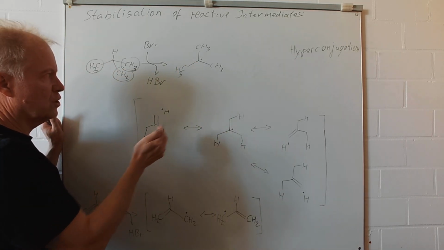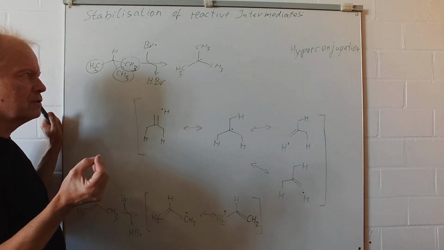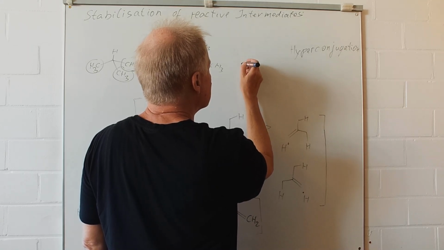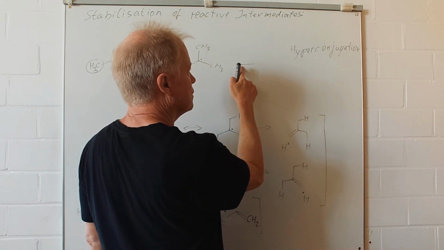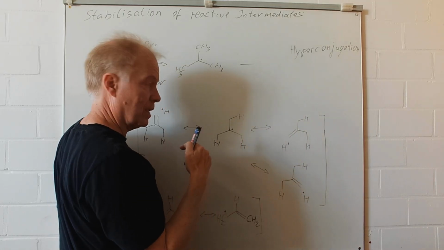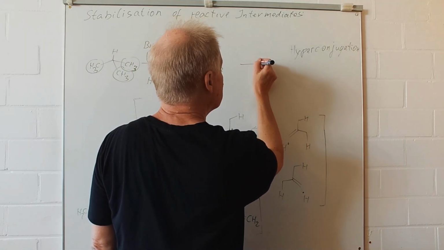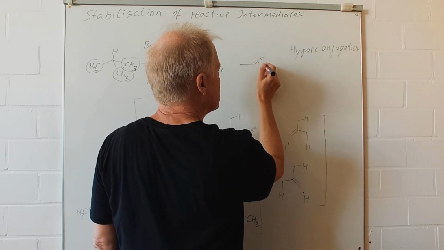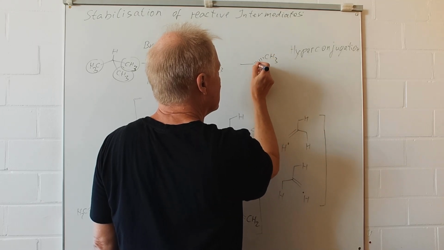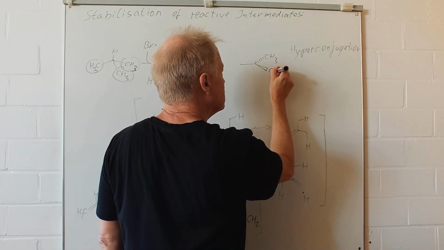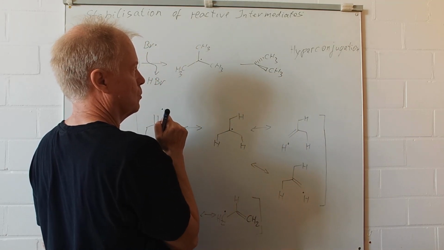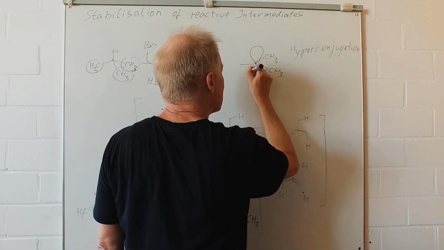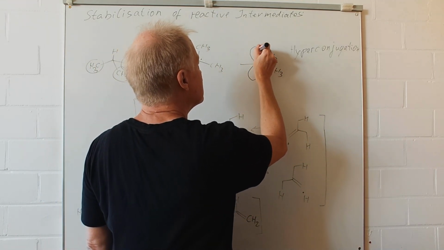It makes sense to draw that including the orbitals. So we can do that. Let's say this CC bond is in the plane of that whiteboard, and we have a methyl group behind the blackboard, and we have one methyl group in front of the blackboard. Here we have a p orbital with one electron,